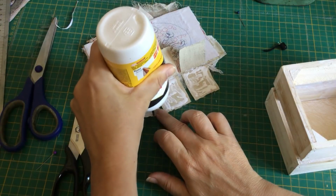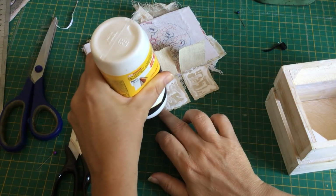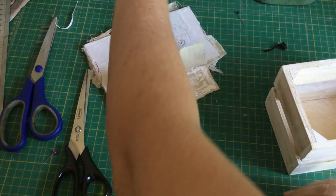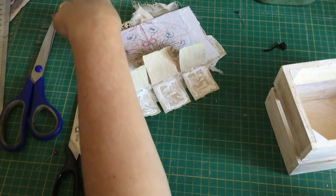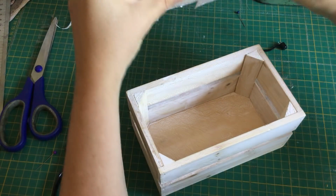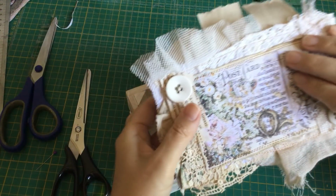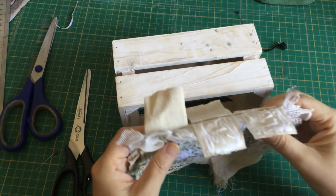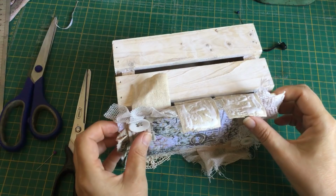And then I'll show you, this is important I think, because otherwise you won't be able to fold it down. And you'll see what I mean in a second. So I can fix up bits that don't have glue in a minute. So basically what I want to do is hold those up and I want to lay my lid on my box. Now this is just the more fiddly bit. I want to lay it on my box